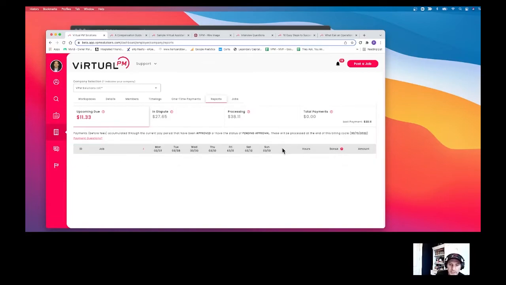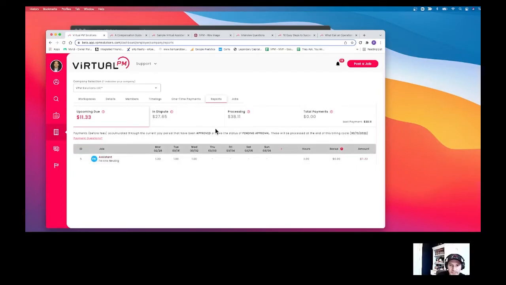And so notice here, it started off on this week. So this is the current week. Because we're in beta, there's no time here. Now, if your virtual team member enters time every day, then there will be time in each one of these dates, and it will show up in the upcoming due. Now, also, notice here I have stuff from last week. Okay, so upcoming due will show up here until that Wednesday morning